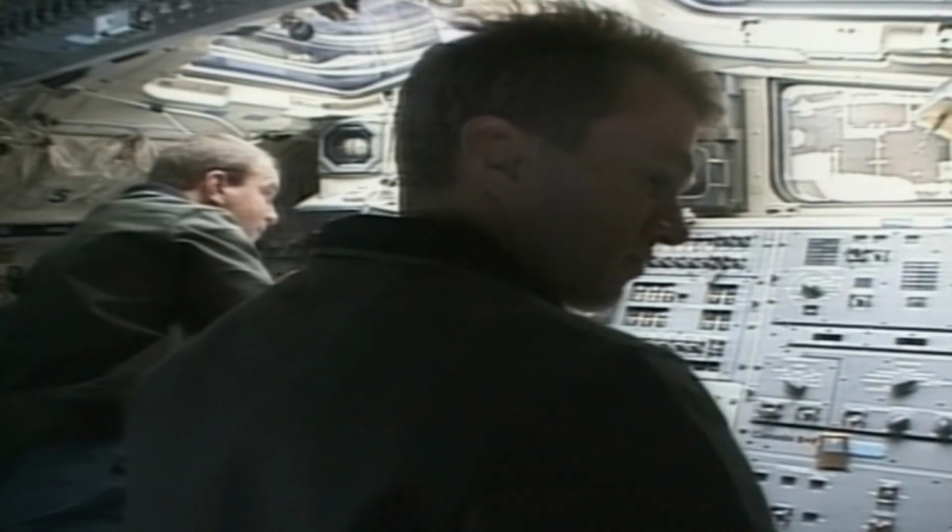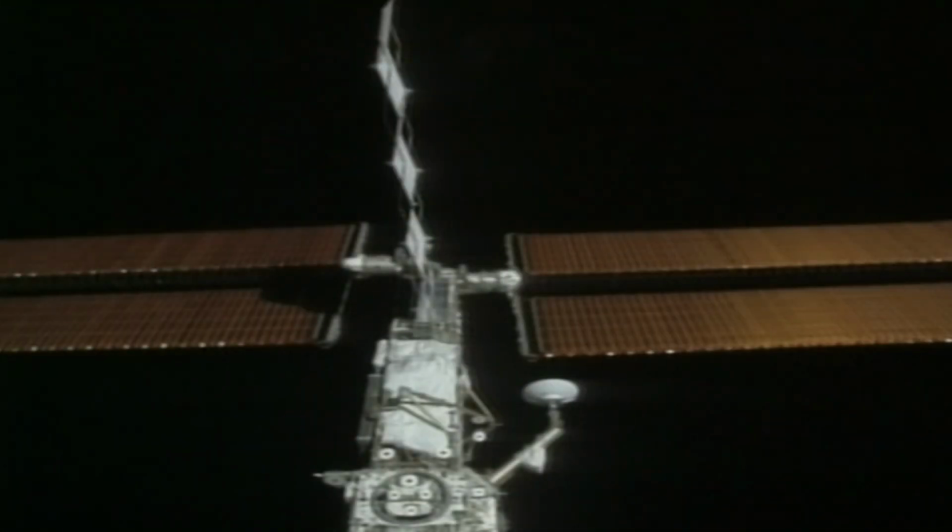Commander Brent Jett, pilot Mike Bloomfield, and mission specialists Mark Garneau, Joe Tanner, and Carlos Noriega now set their minds to the planning of their next scheduled tasks: the separation of the 2 spacecraft, completion of a circuit of the International Space Station, and then the firing of the shuttle thrusters to leave the vicinity of the station and begin